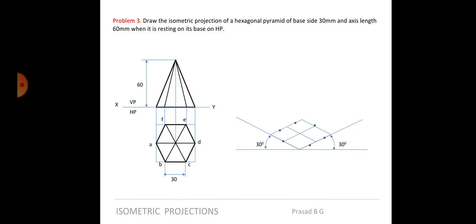But when it is coming to pentagon and hexagon, this is how you have to do it. Pentagon is also the same thing. Hexagon, if you understand, you should be able to do pentagon also. Same construction for pentagon, same way you will make a box around that. First get the box on the isometric scale and get the individual points. Okay, so did you understand how to take the hexagon? So the hexagon was straight, and now we have converted this hexagon into isometric view. I hope it's clear, right?